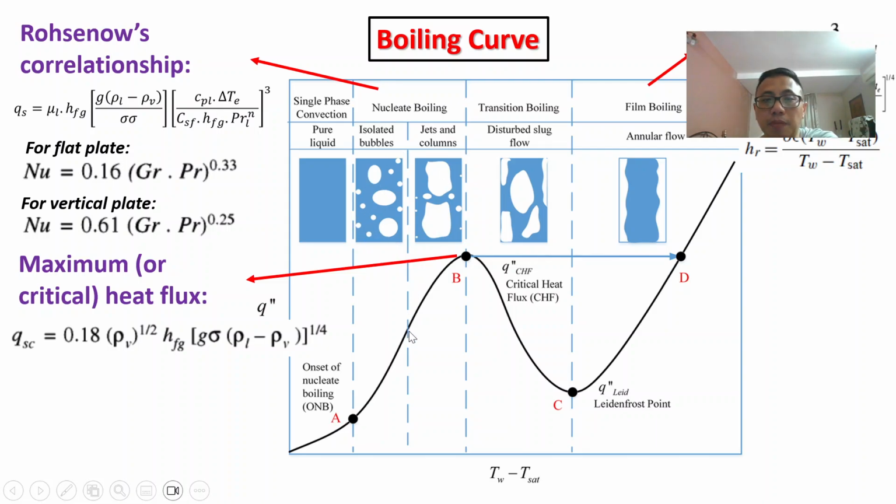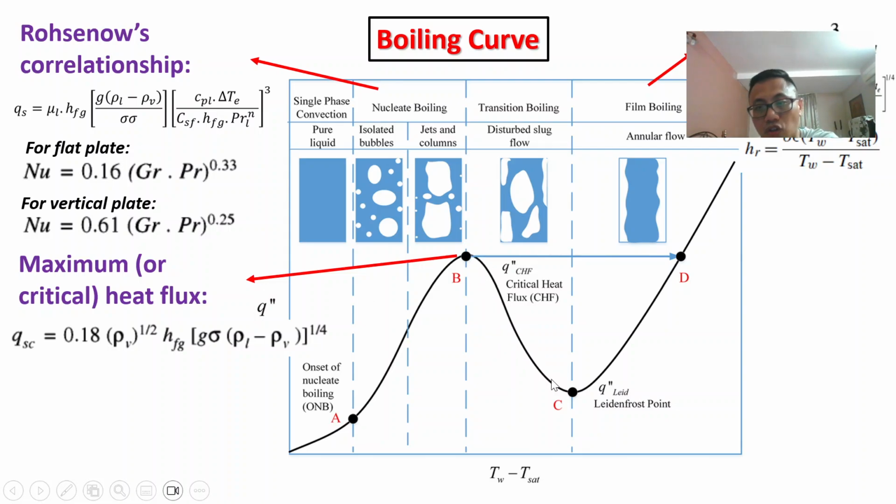In the second phase of nucleate boiling, you get a lot of large bubbles. After point B, you get a lot of bubbles. They start to boil,